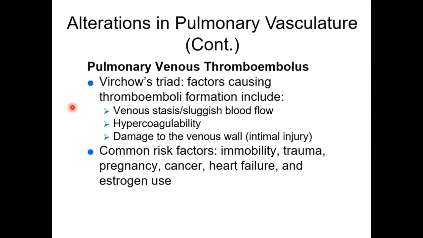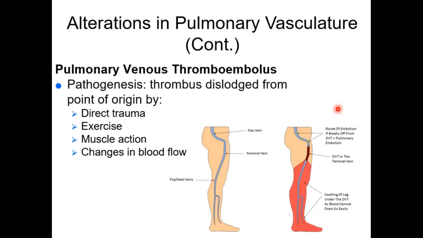So again, the predisposing factors for thromboemboli formation: venous stasis, sluggish blood flow, hypercoagulability, and damage to the tunica intima of the blood vessel, right? That's kind of what that last patient had, the perfect storm of. In her case, again, it was a direct trauma. Exercise can also help push those things along,